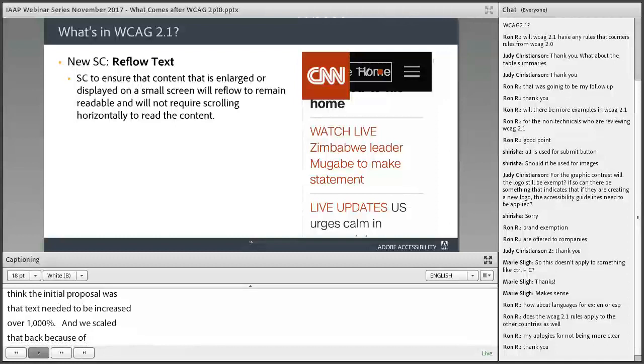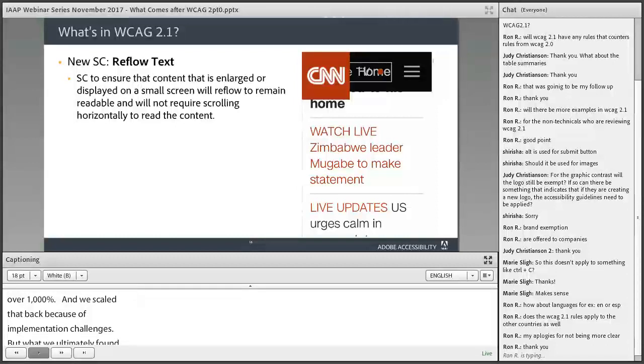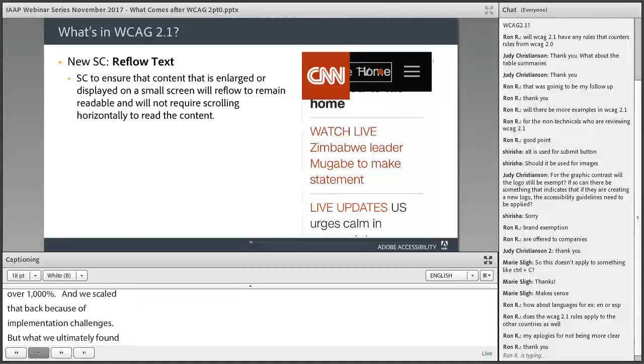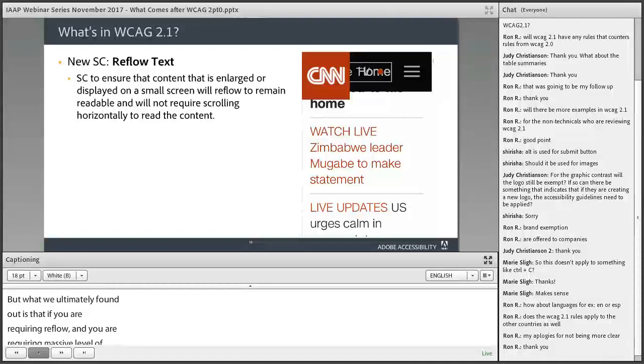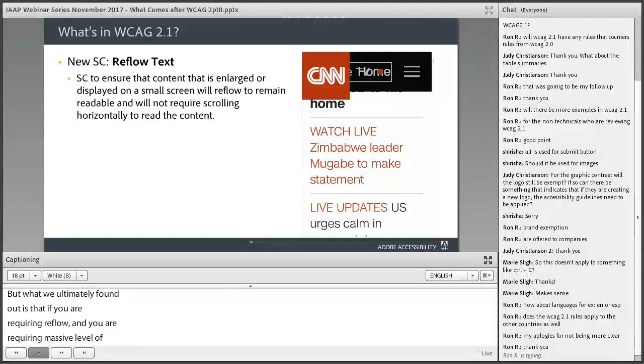But what we ultimately found out is that if you're requiring reflow and you're requiring a massive level of zooming as well, the current development techniques that are used to achieve this actually create some interesting problems for the testing of a success criteria like this. One thing you may notice if you view web pages that use responsive design is, and it's an interesting thing to do,